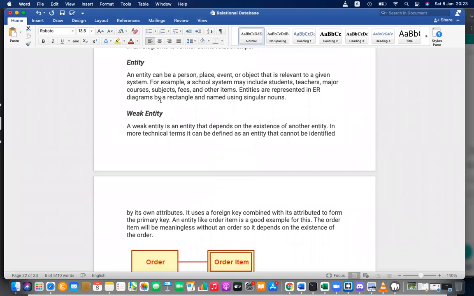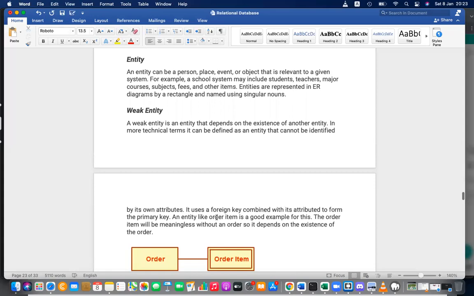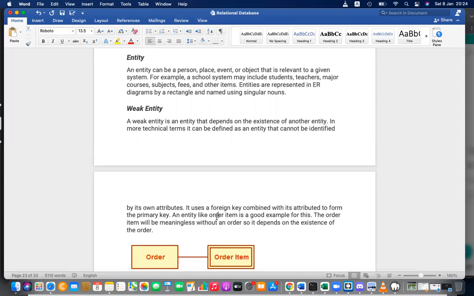Okay, so basically entity is a noun which is explained further. It's about a person, place, event, or an object. Weak entity is also a noun which is explained further, but it depends on existence of another entity. That is weak entity. Okay, let's write down that quickly. This part is needed today. I can skip this note, but this part is really needed, because otherwise we will not be able to draw the diagrams.